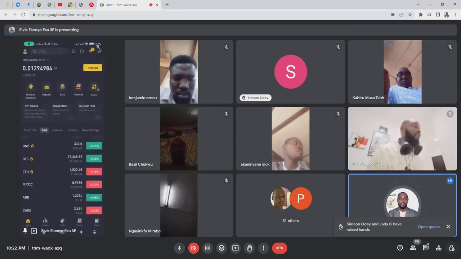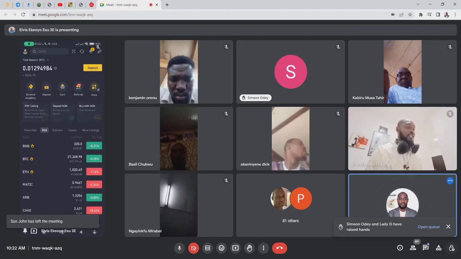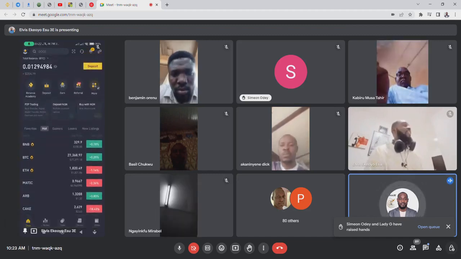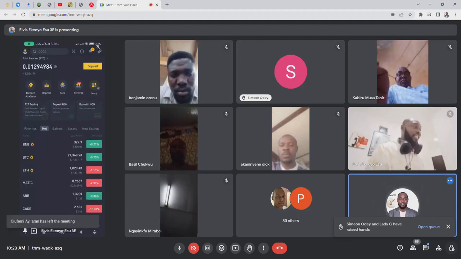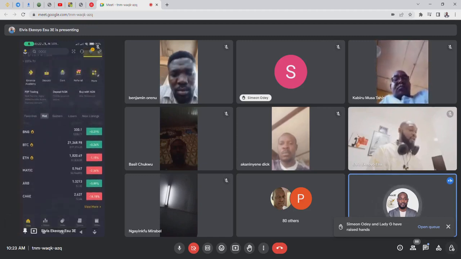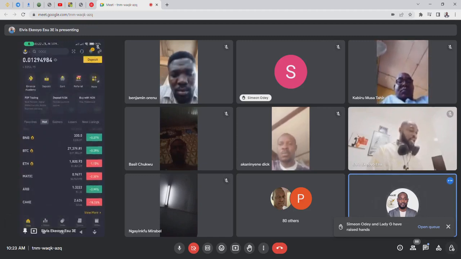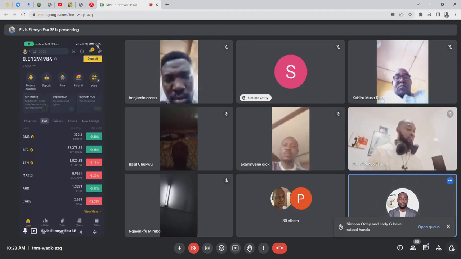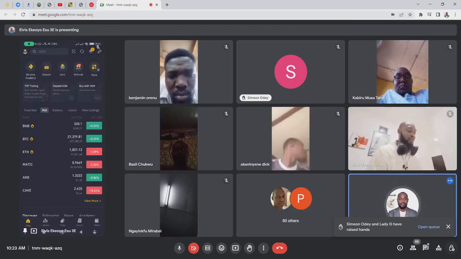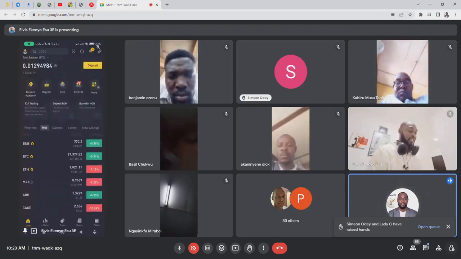This app is loaded. There's a lot in it. If you can learn just 10% of the things embedded in this app and you understand how to go about them, you could make so much money from this platform. You can also invest, you can stake, you can do a whole lot of things and be earning commissions and rewards, either daily, weekly, annually, biannually, and so on. So that's that. You can even see it here